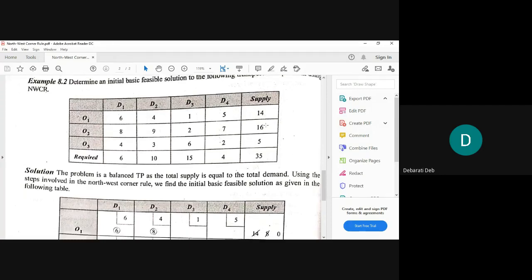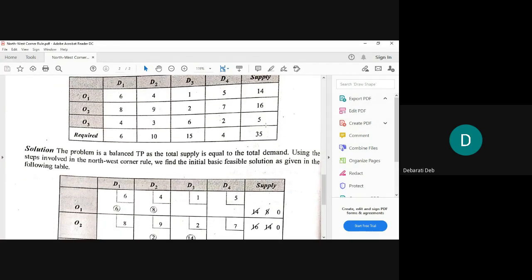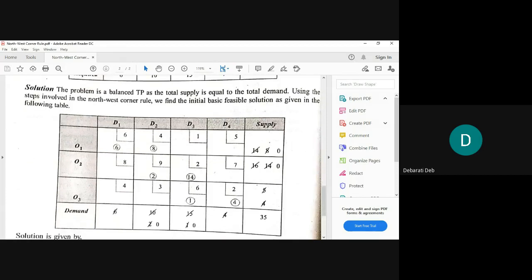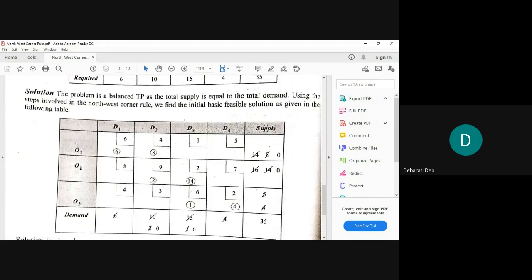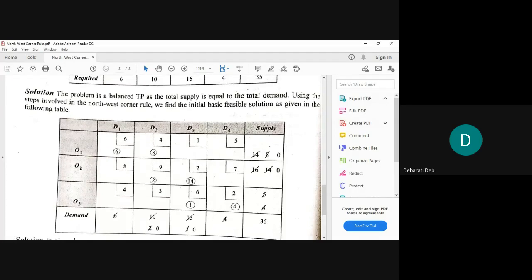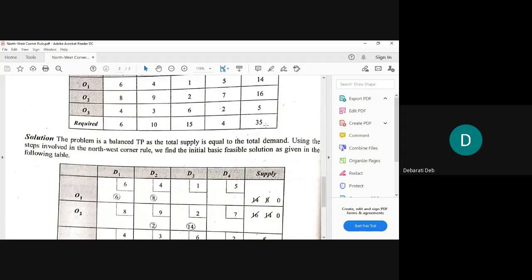Okay. So then, what is our next step after finding out whether it is a balanced one or not? The next step is to form this box again. Whatever is given in your question, you'll have to form. Do it in your copy right now. You make this box, but now these individual boxes should be a little bit bigger, because you'll have to assign numbers and you'll have to make small boxes also for writing the costs. Okay, so you make this matrix format kind of box, and then bring the details from your question and fill it up quickly.